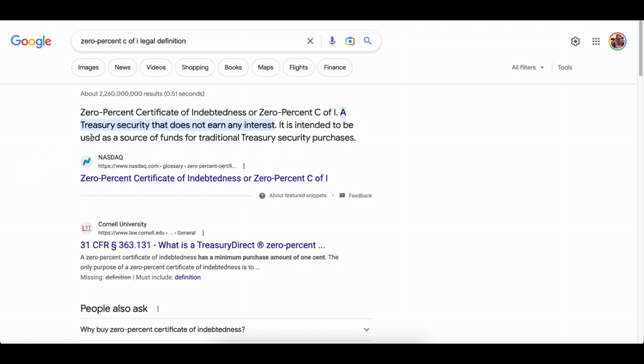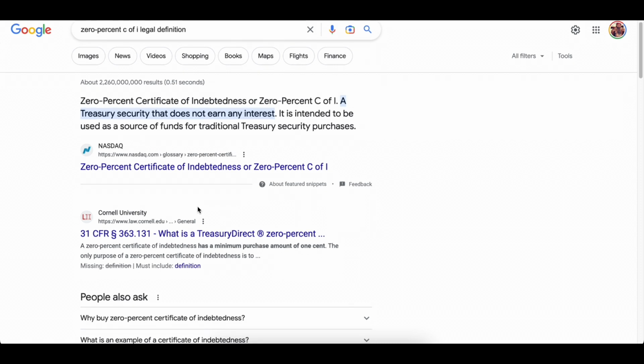A certificate, say a treasury security that does not earn any interest. Okay. Gotcha. That's why I say 0% certificate of indebtedness. It does not earn any interest. It is intended to be used as a source of funds for traditional treasury securities purposes. Okay.